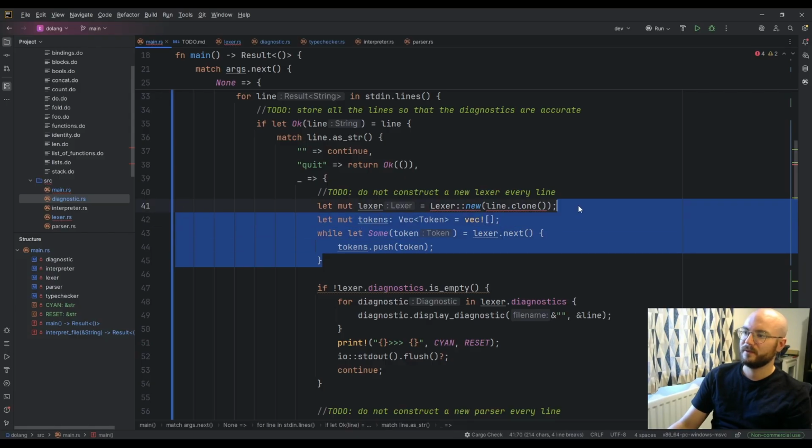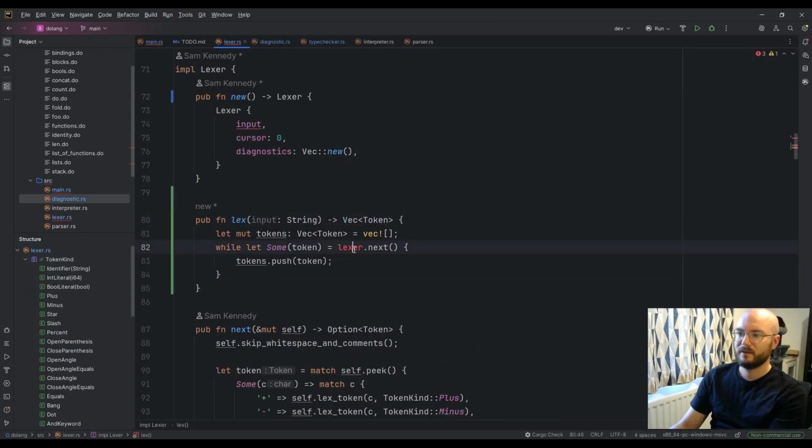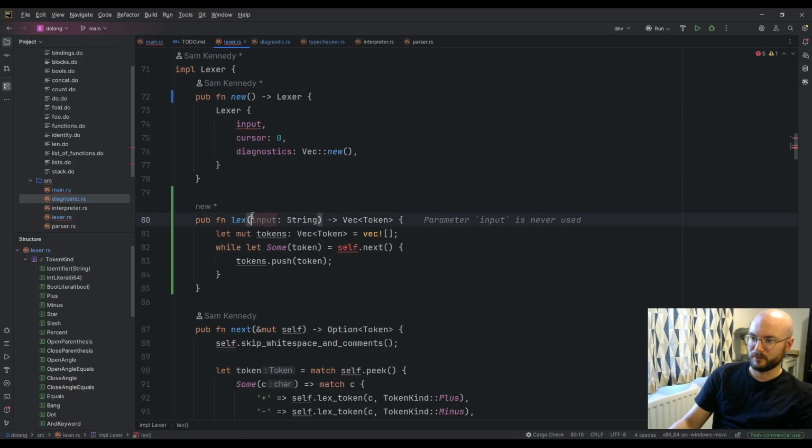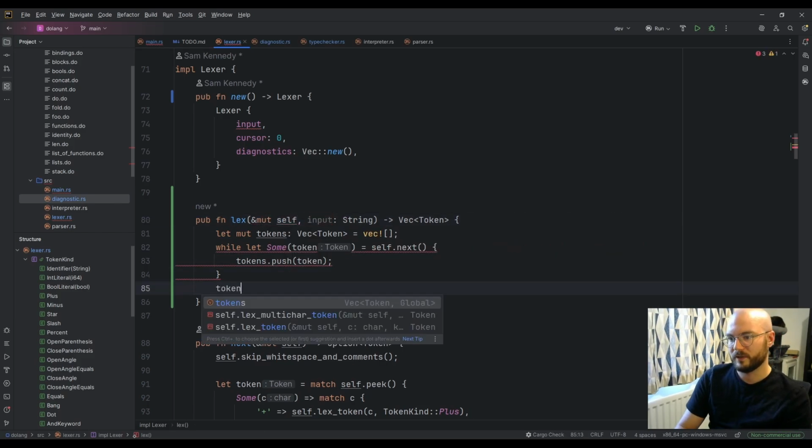So we just do this in here, self next. We also have to accept a mutable self, and then we just return tokens.